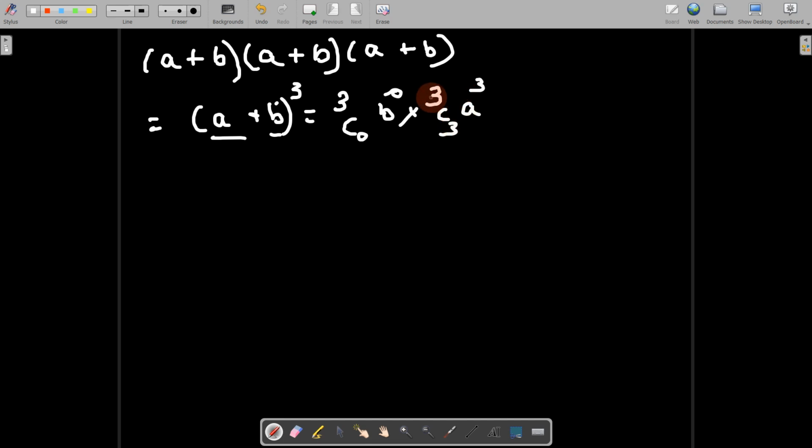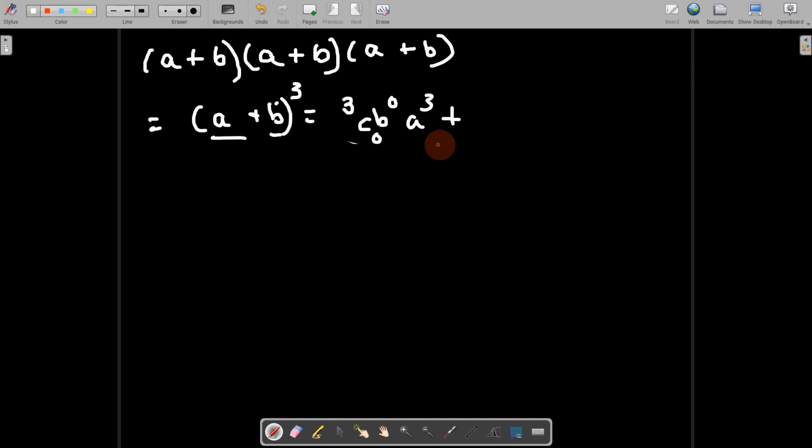So from next time I will not be writing the second choice. If you select the number of children who have selected one of the toppings, you don't need to write how many ways the second option is selected, because automatically that is fixed. So if I rewrite this, it would be 3 choose 0, B power 0, A power 3. It represents all three kids have chosen the first option A as the topping for their ice cream.